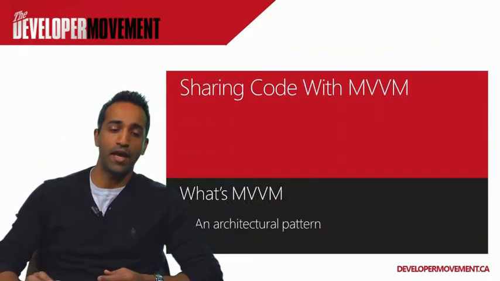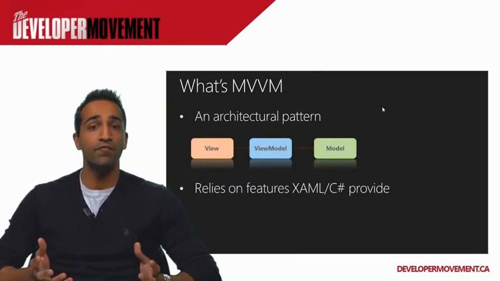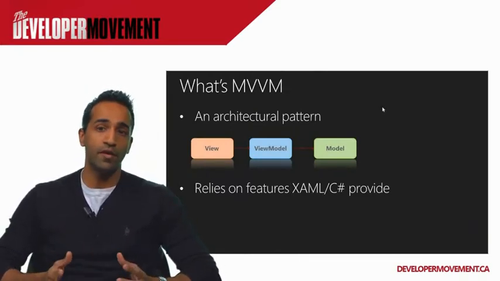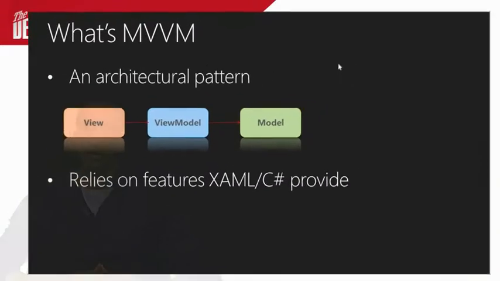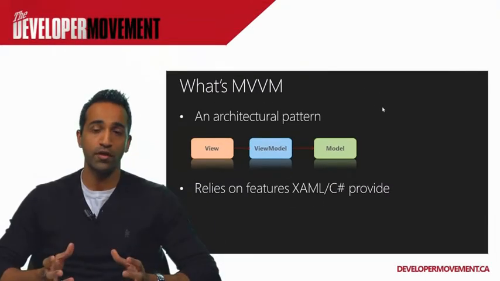So next up is how we actually share code with MVVM. And before we get to that, we have to define what is MVVM. So MVVM is the model view model pattern that was created by John Gosman back when WPF was first introduced. It relies on XAML-specific data binding features and is really a derivation of MVC, model view controller, that you probably have heard of before. It's an architectural pattern. It helps you structure your code, and it's really just about how you structure your code. There's nothing really more to it besides using that